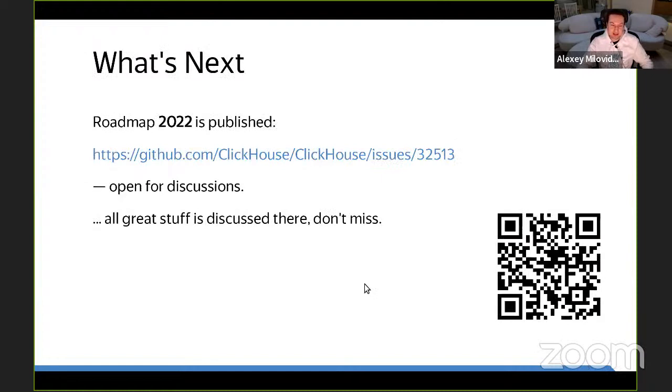And please read our roadmap. It is open. We have an open roadmap. It is open for discussions, and all the great stuff is discussed there. Don't miss this great stuff.